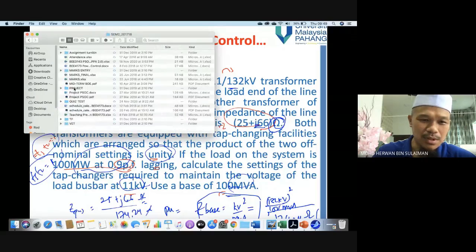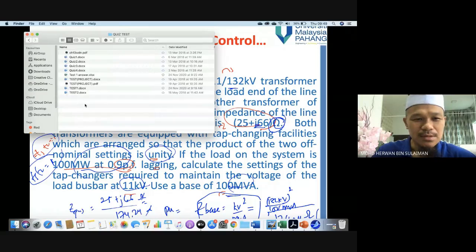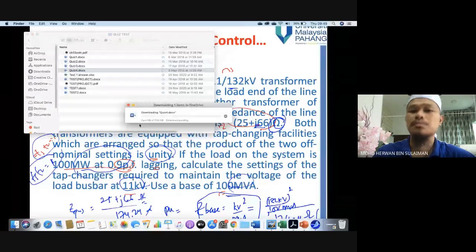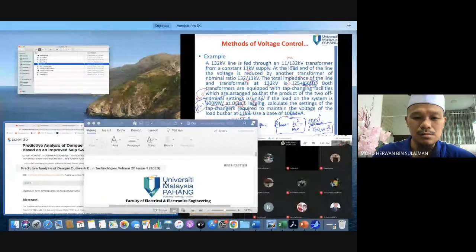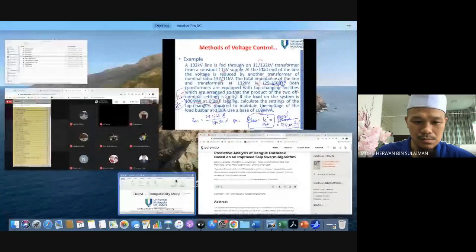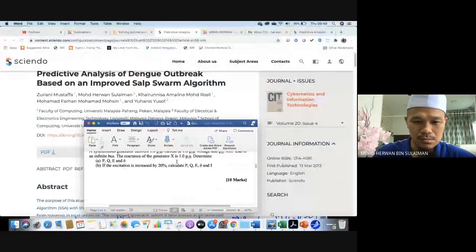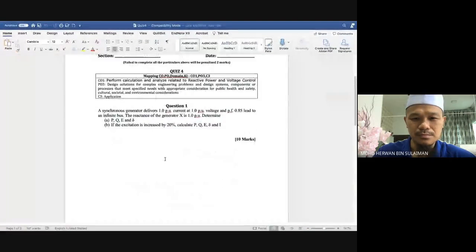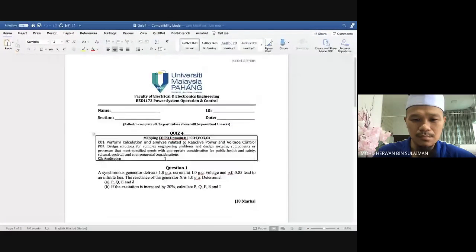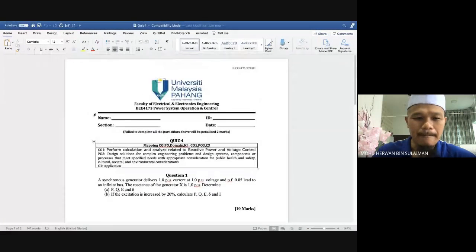Malas tengok, saya cuba buat. Tengok ada tak. Ni quiz. Tengok soalan. Boleh lah ni. Okay, quiz for